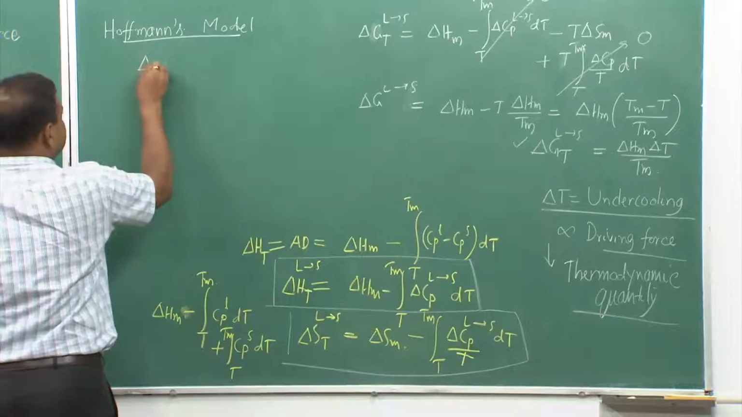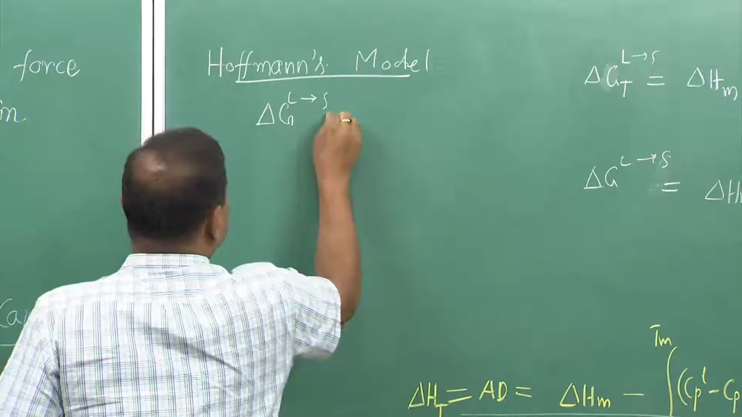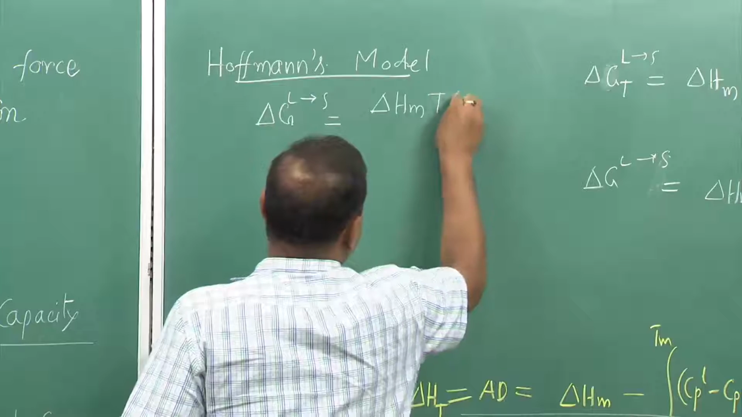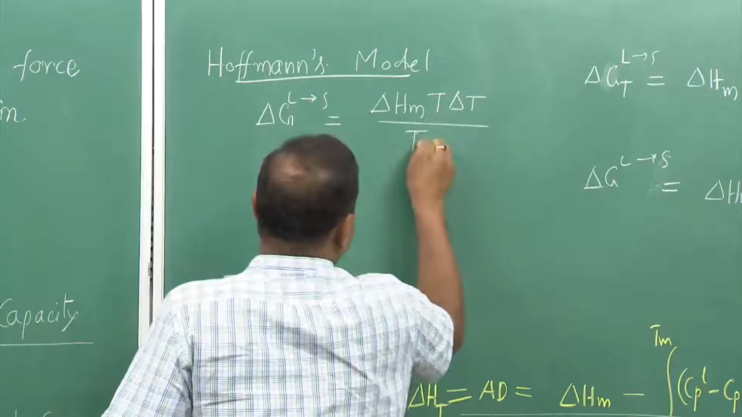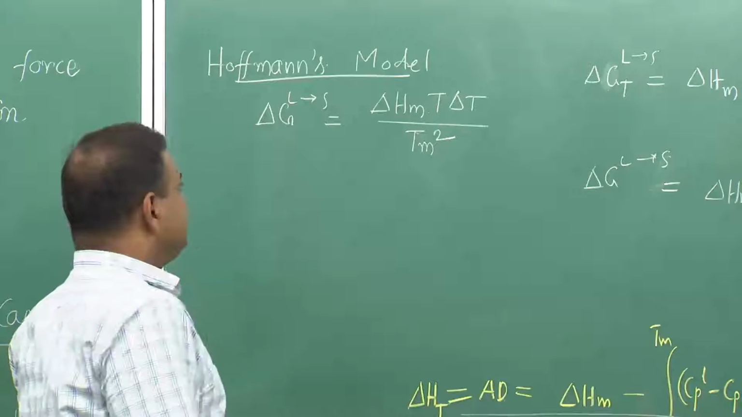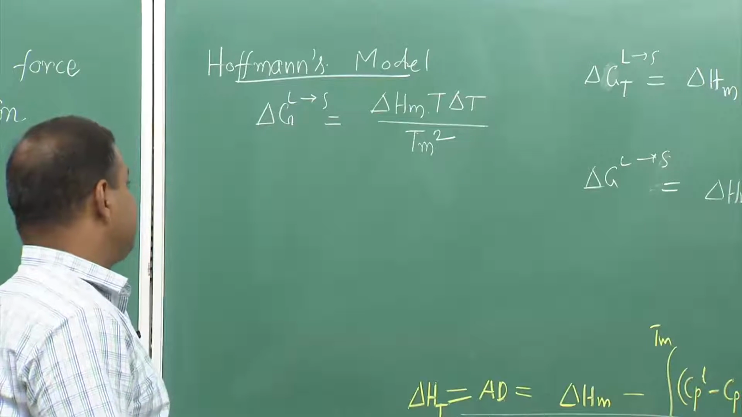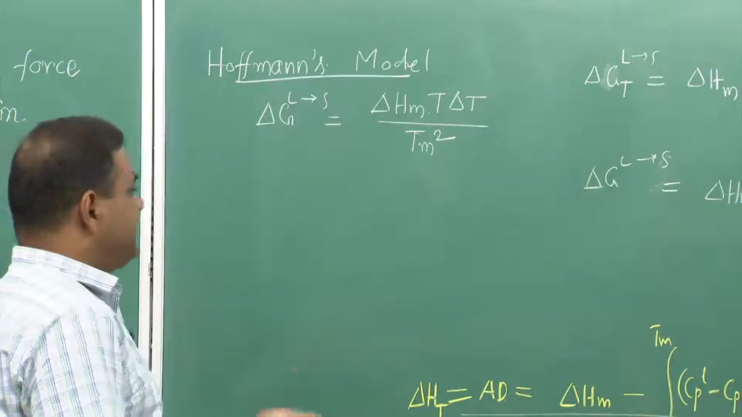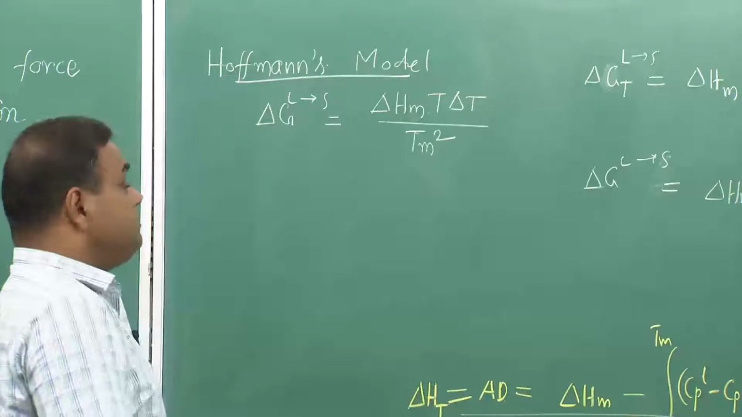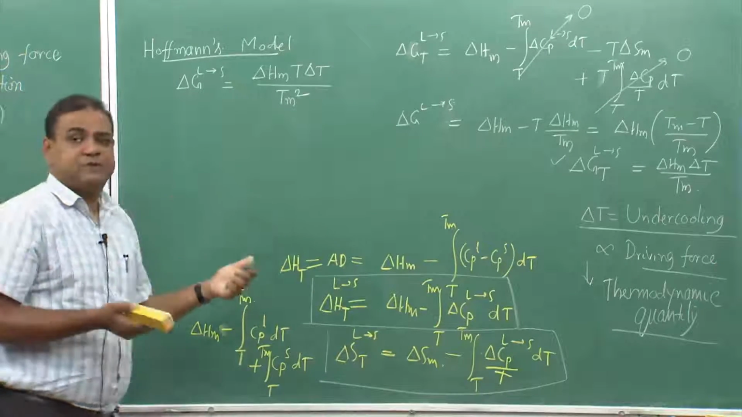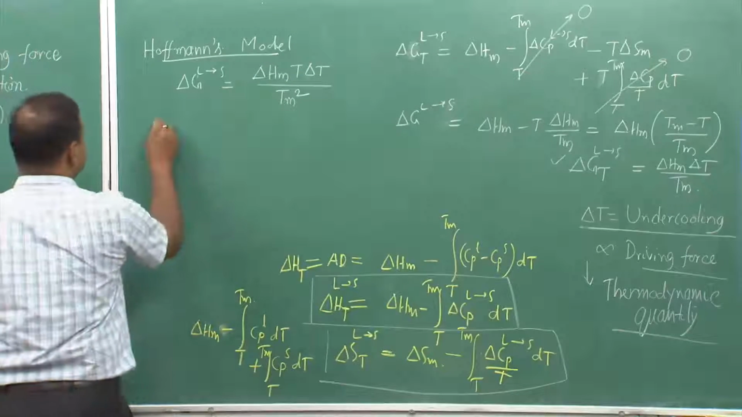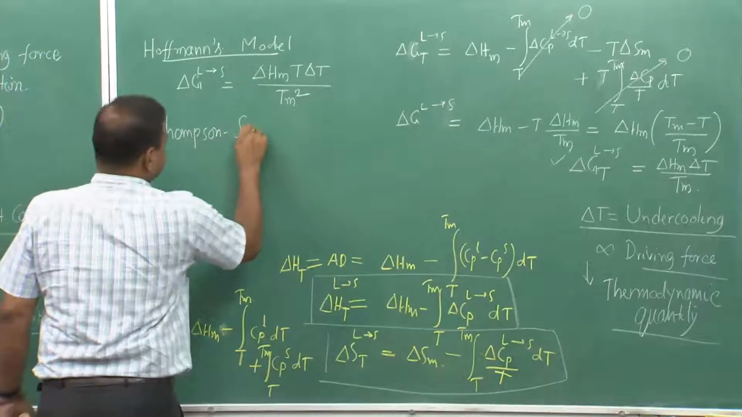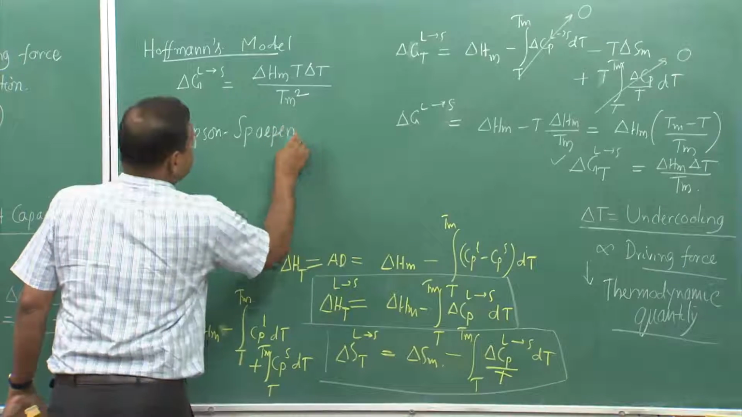If I see the expression, del G liquid to solid equal to del Hm T del T by Tm square. So, this is one of those famous expressions which takes a more refined treatment, and there they have not considered del Cp to be 0. Then there was Thomson and Spaepen, where they say